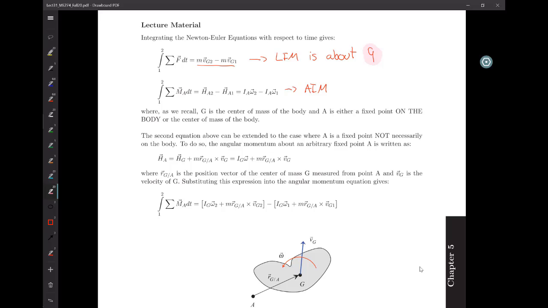Okay, so actually I should go over this a little bit. When we were calculating the angular momentum of a particle, we were essentially taking this term, right? We were saying, okay, this particle, I can take the momentum about a certain point, and then I was crossing the velocity times the mass, which is the linear momentum of that particle, with the distance to the point that I wanted. Now, rigid bodies, we can also use that to calculate their momentum about an arbitrary point A, but